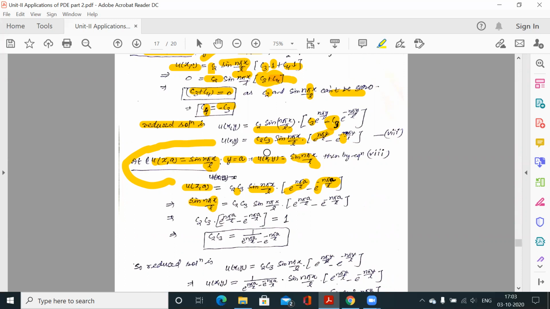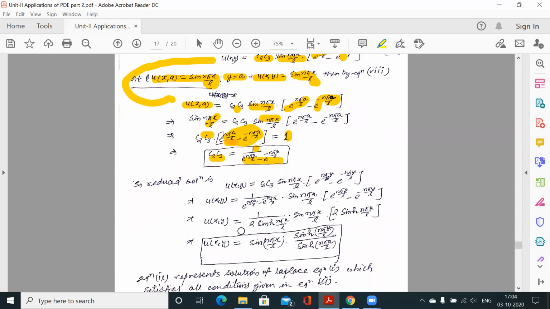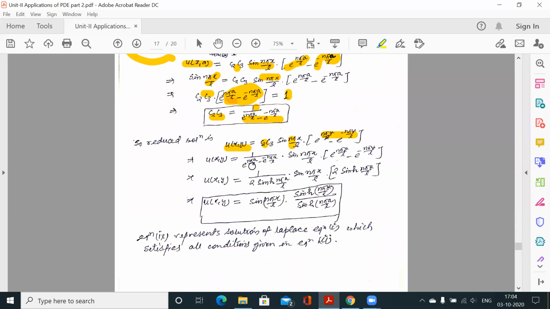It is given to us that u(x, a) is sin(n pi x by l). So keeping the right hand side, now what will happen? This will be cancelled by this. So c2 c3 into something is equal to 1. This is a constant now because there is no variable, neither x nor y. So c2 c3 is equal to 1 over this constant. So the reduced solution is u(x, y) equal to c2 c3 into sin into something. So writing c2 c3 as its value, 1 over e to the power something, sin(n pi x by l)